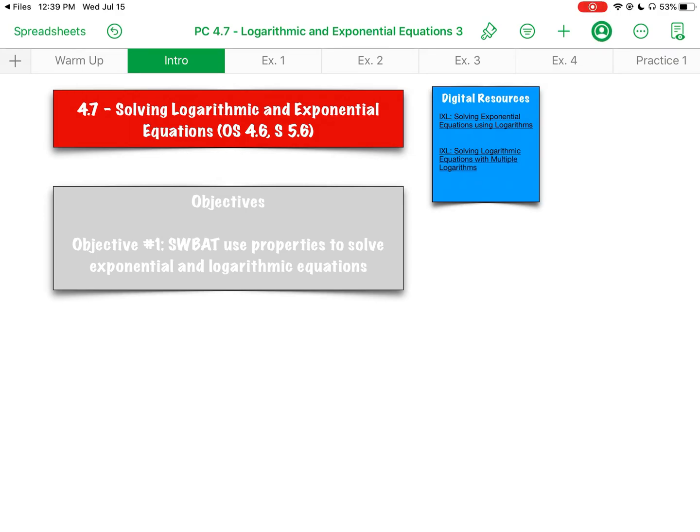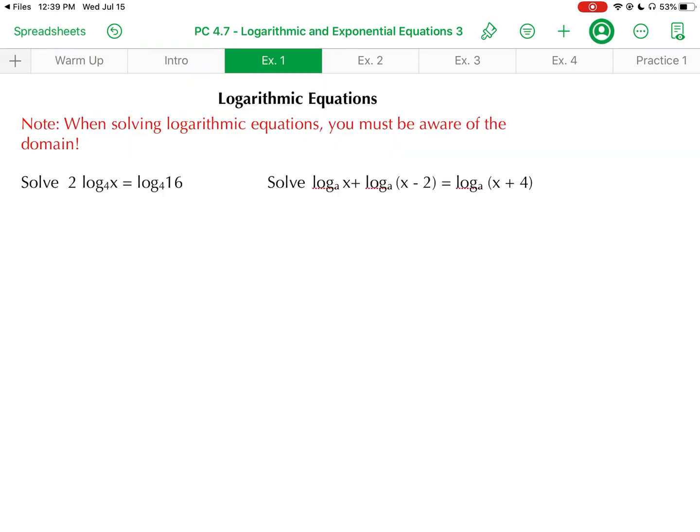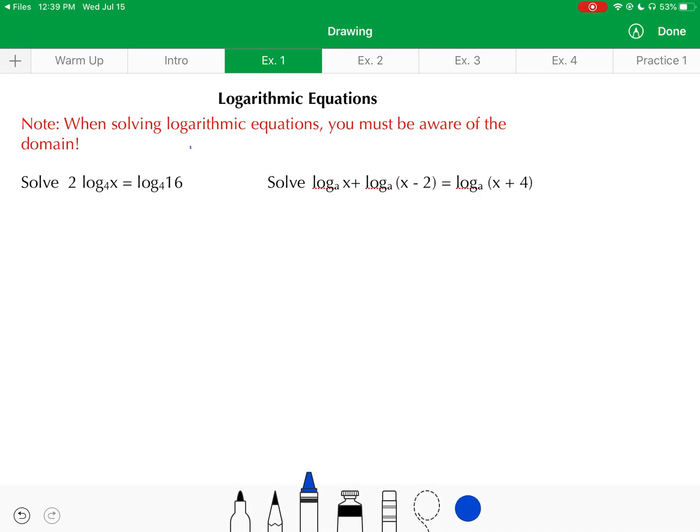This is video number 1 for section 4.7, and in this video we're going to be looking at solving a few logarithmic equations. Our first example actually has two different logarithmic equations to solve, and for both of these we are going to solve them based off of the property that we looked at last section